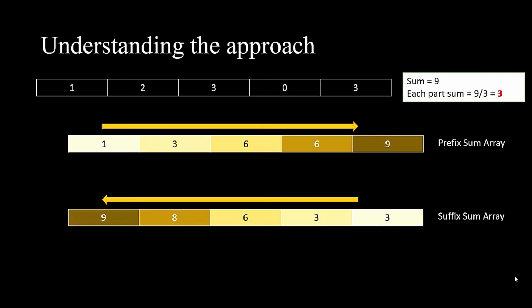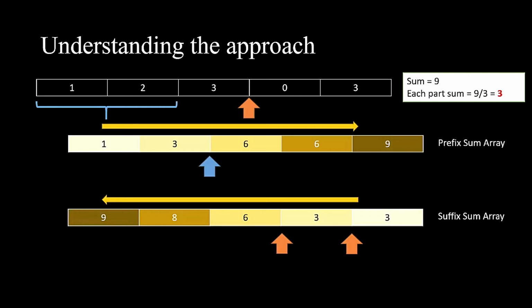This prefix sum array will help us find all the valid positions where I can place the first partition bar. Wherever we find the value 3, there we will place the first partition bar. As you can see, this is the first place where I place the first partition bar, and this is our first partition. Now we need to find all the valid second bar positions for this particular first bar position. The minimum possible location is this, where I can place the second partition bar. But whether it is mathematically possible or not, we need to verify from the suffix sum array. In this case, we have only two places where we can place the second partition bar.